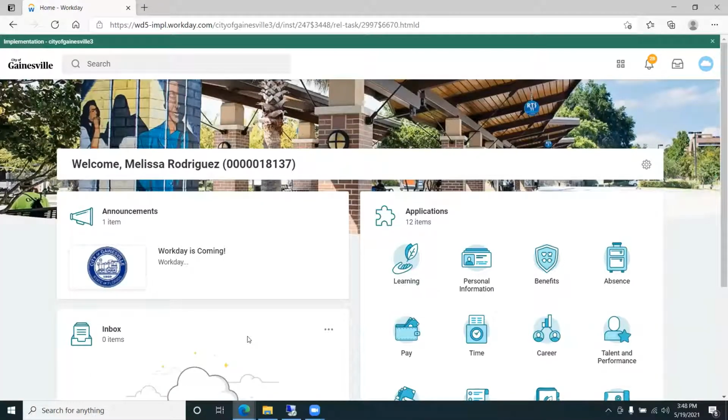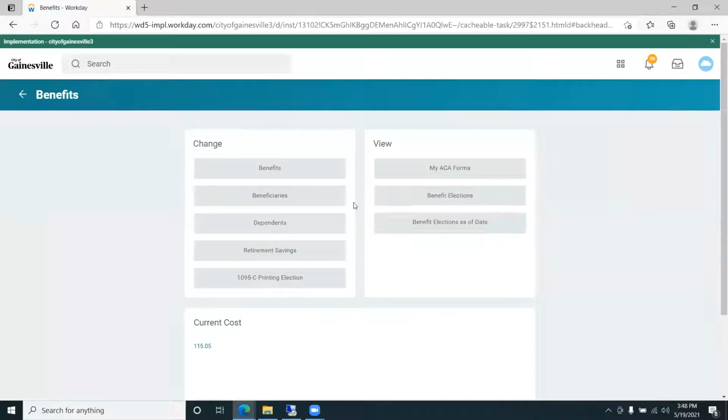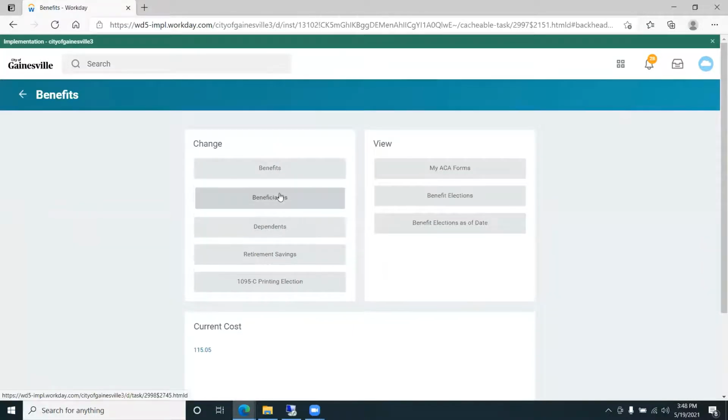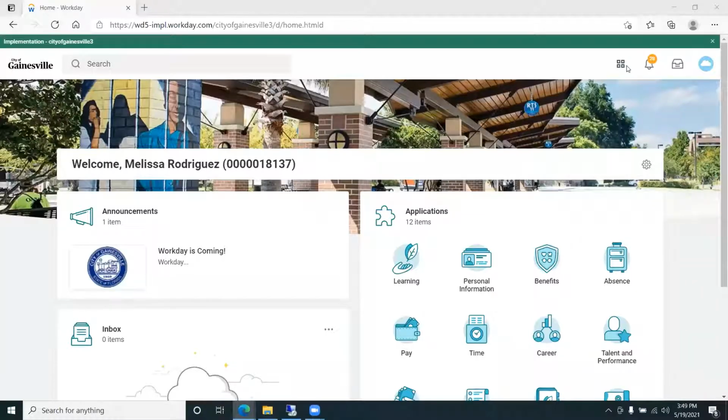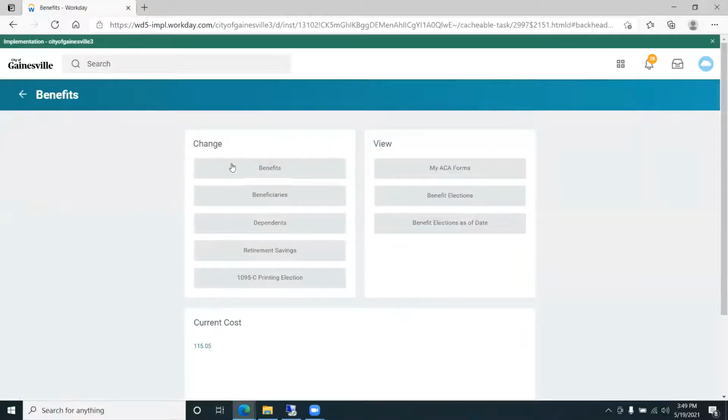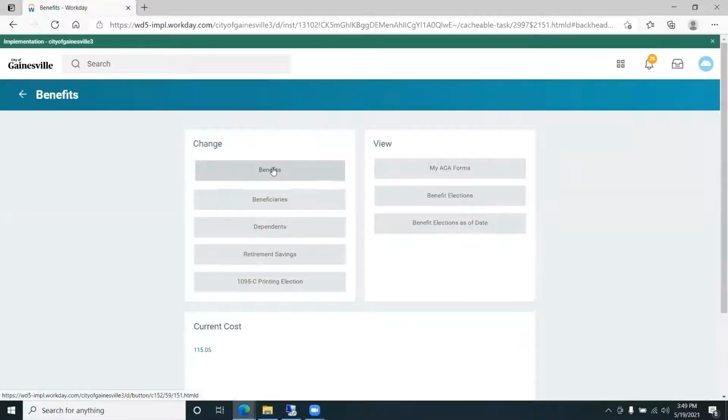Now your beneficiaries have been changed. If you want to take a look at it, go ahead and click on Benefits, Beneficiary button, and you can see your new beneficiaries have been updated. During this next section, we're going to go through a dependent event. Click on Benefits, click on the Benefit button,